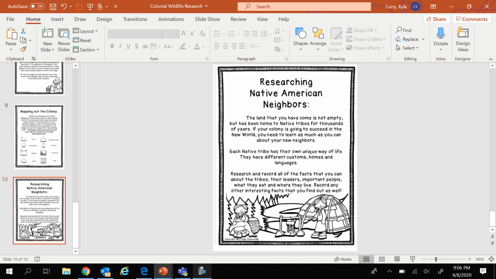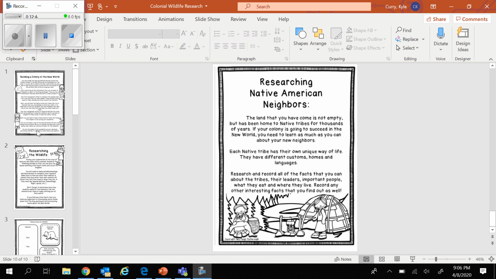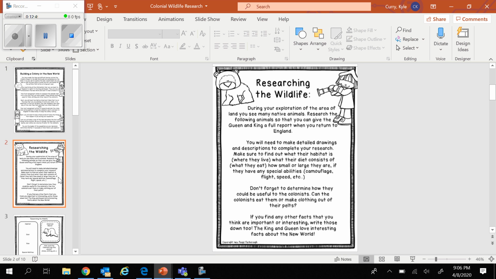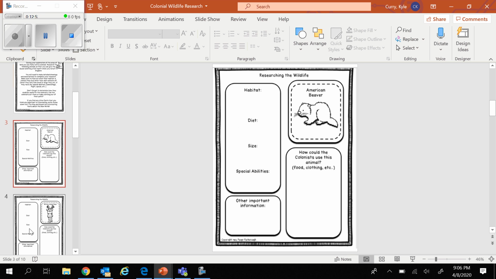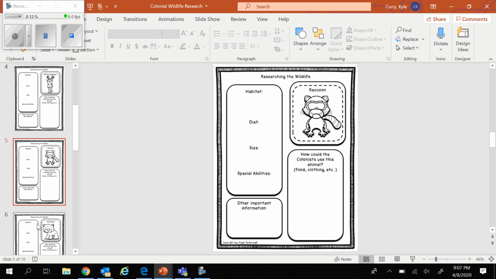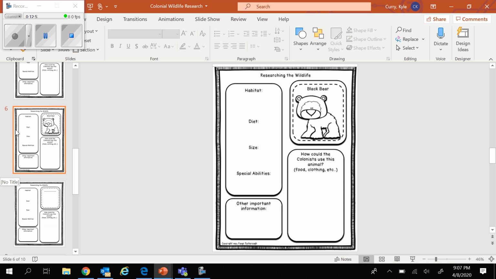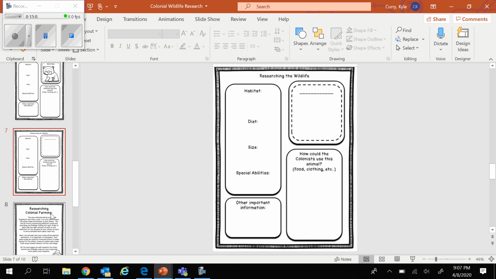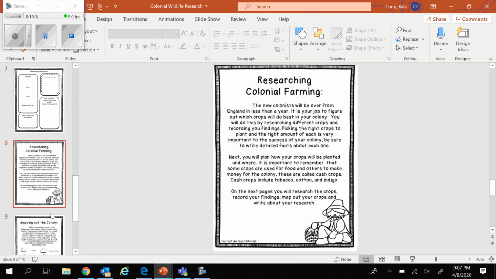You will see on your assignments that you are going to have the beginnings of the research. You'll have these slides here, the researching the wildlife slides. These will be due on Monday. They'll be assigned on Thursday. You have Thursday to do it. Actually, I'm going to have them be due on Tuesday. So you'll have Thursday through Monday to do the research, and then we'll turn them in on Tuesday so that we can begin researching